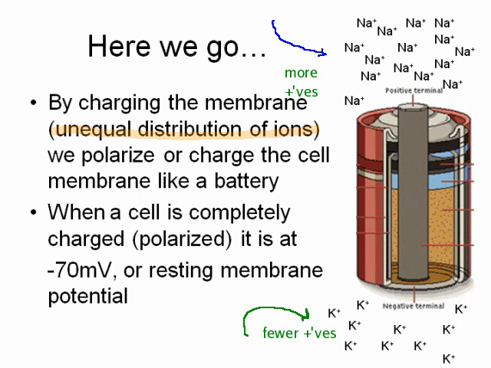One side ends up with more than the other. That's all we're talking about when we refer to membrane polarization. When we have true and complete unequal distribution of these positive charges, known as sodium and potassium,